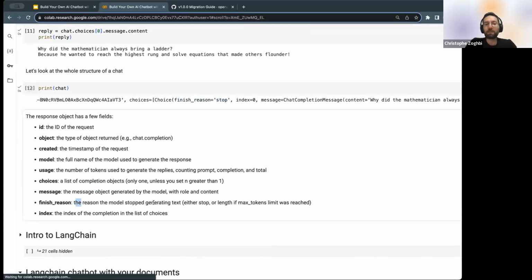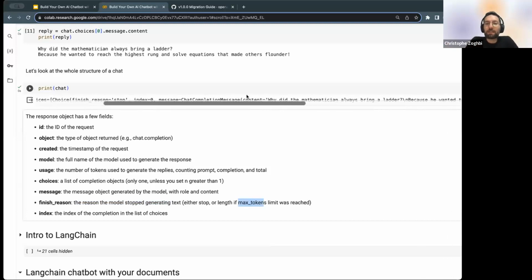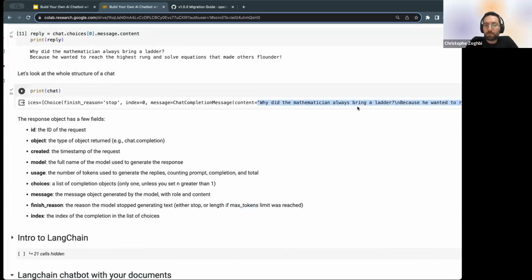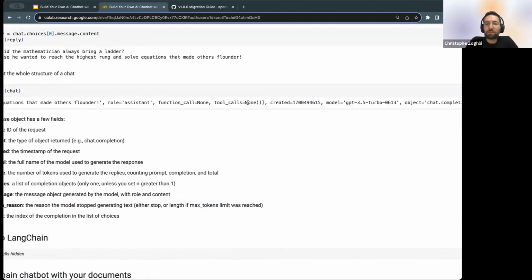So finish reason is why the model stopped generating text, either because it has finished generating the whole sentence or because it has reached the maximum tokens limit. Then you can see here the message that includes the content, why did the mathematician bring a ladder, etc. And then you can see the timestamp for the creation. You can see the model that was used, and you can see